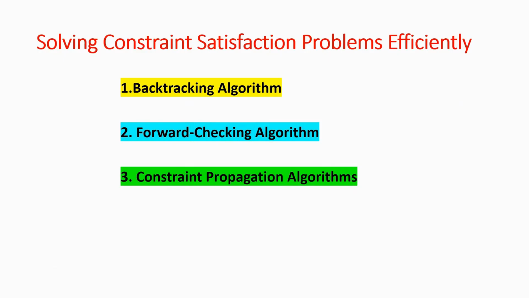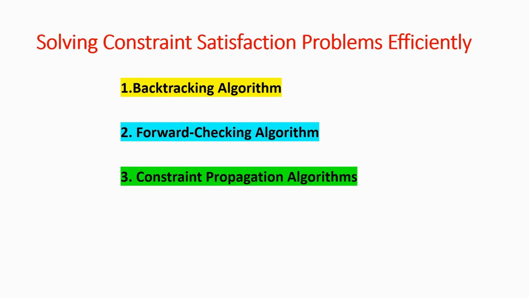When a value is removed from a domain, it might trigger further removals in other connected domains, leading to ripple effects. A common constraint propagation algorithm includes node consistency, which ensures that values in a variable's domain satisfy